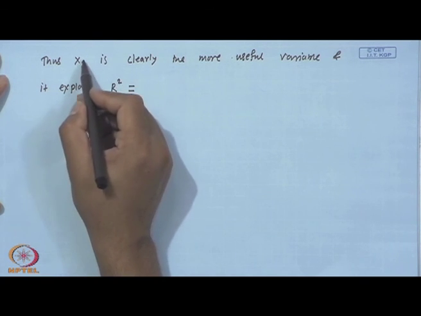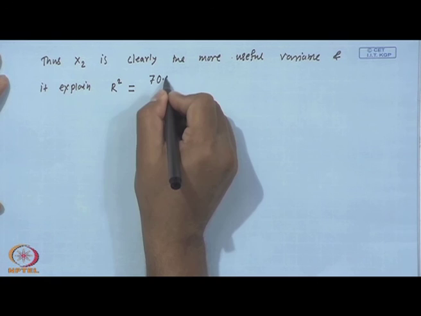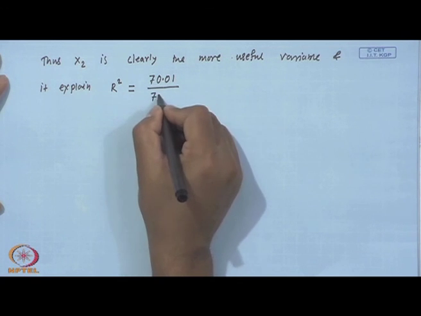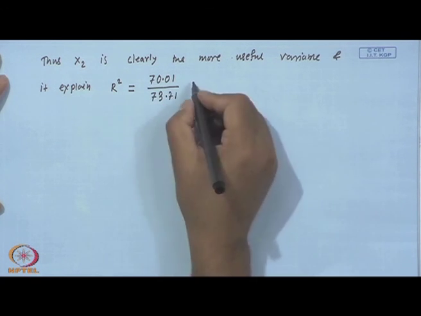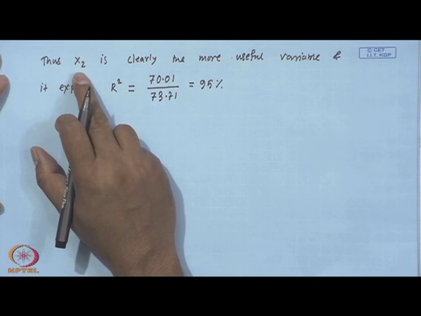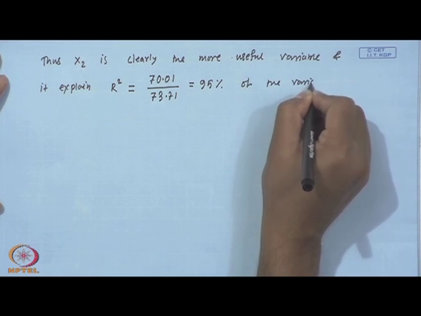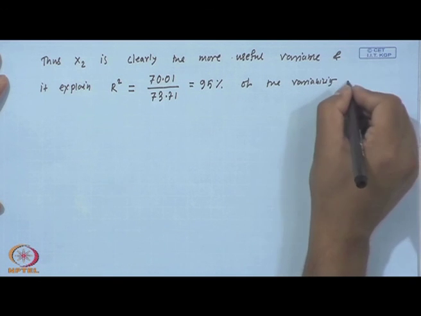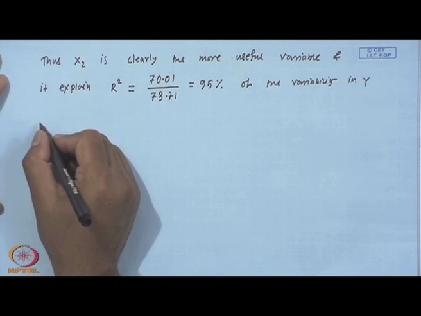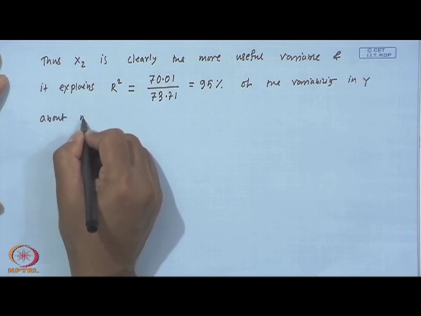So, for the model involving x 2 alone, we have observed that the SS regression is 70.01 and the total variability in the response variable, SST, is 73.71. Okay. That means, 95% of the total variability is explained by x 2 alone. So, it explains 95% of the variability in y about the mean,